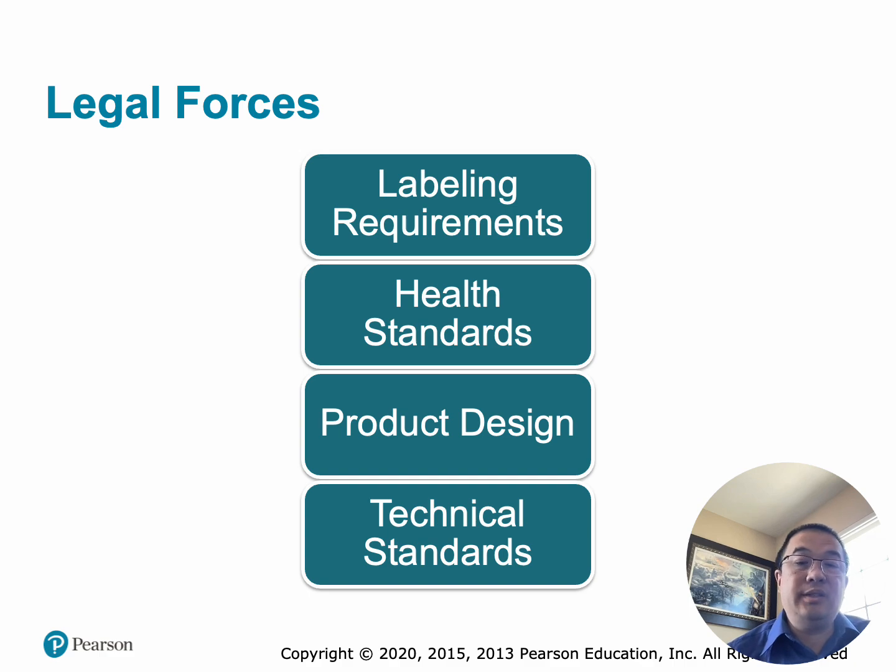Number three, product design. Countries may require changes to the physical design of a product. An example here would be child safety features, environmental requirements, packaging regulations, and recycling standards. As an example, automobile manufacturers often modify airbags, lighting systems, and emissions equipment to comply with local regulations. Number four, technical standards. Different countries have different technical specifications.